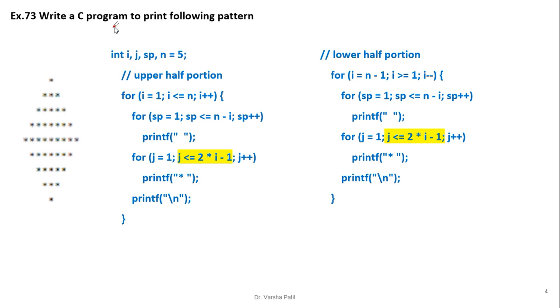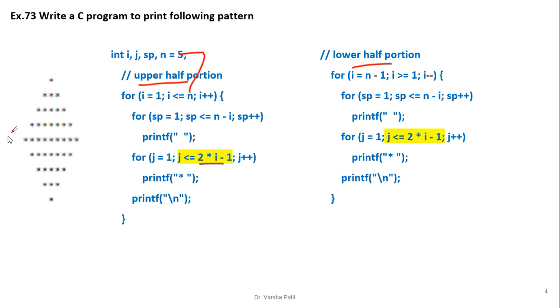Now see this program. Now again I have divided this program into an upper half portion and a lower half portion, because that would be easy. Now you can see 1, 3, 5, 7, 9. For that the logic is 2 into i minus 1, that will generate the numbers in a sequence 1, 3, 5, 7, 9. Now i equal to 1, i is less than or equal to n, where 5 is taken,